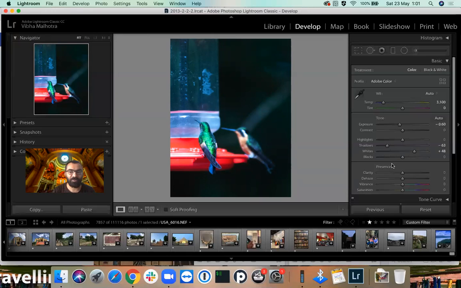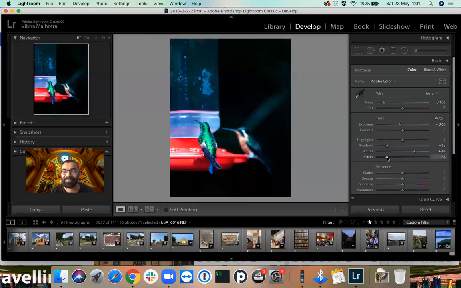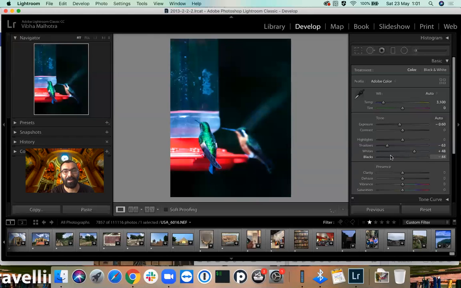So extreme shadows are actually blacks. Let's see what it does. If I move it towards left, it'll make darker things even darker, right? And the intensity of that darkness is much higher than what you get in shadows. Okay, so if you notice,